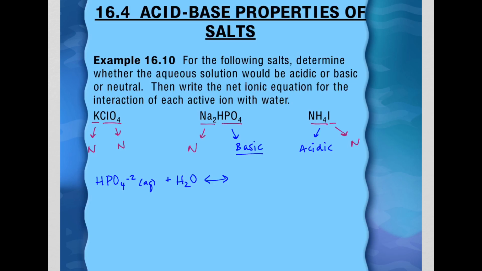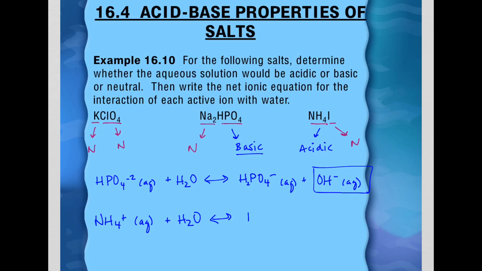this HPO4 negative 2 is going to gain an H plus, so that's going to become H2PO4 minus, and then left over from the water would be 1 hydroxide ion, and we see that this is why we'd have a basic solution being produced, whereas NH4 plus said that was acidic, so that means this NH4 plus must be donating an H plus, so that would leave us with NH3, which although it is a base, because we're producing H3O plus as well, this is how we know that that would result in an acidic solution